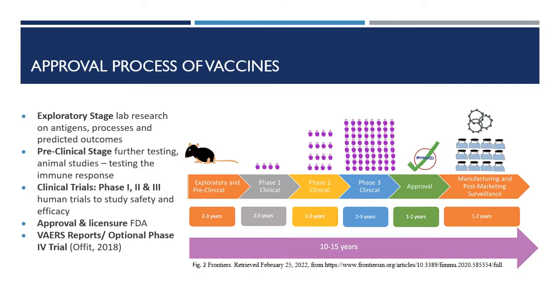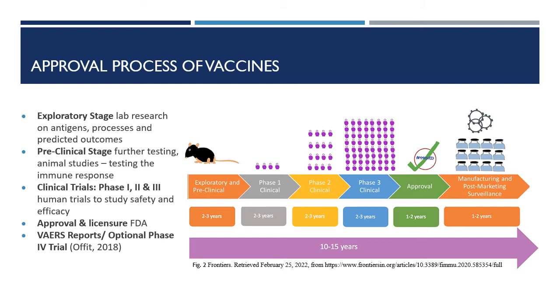Approval process of vaccines. This is the same for all of the current childhood vaccines as well as the COVID vaccines. It can be helpful to know, and make you feel a little safer, how a vaccine comes to be. They all go through these steps. First, you have the exploratory stage. This is where the lab research is done on antigens, processes, and the predicted outcomes before they can move on to the preclinical stage. This is where further testing is done, usually involving animal studies, testing the immune response, before